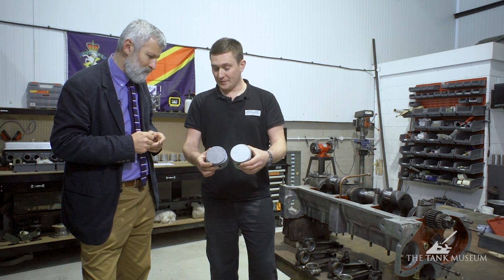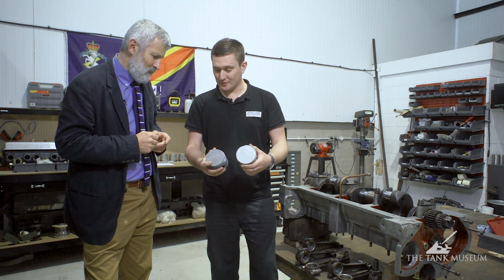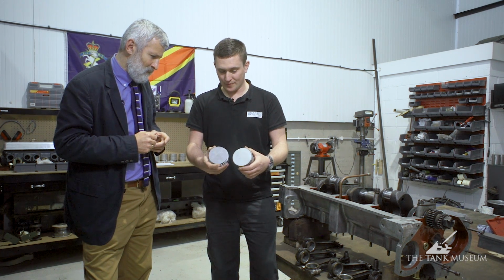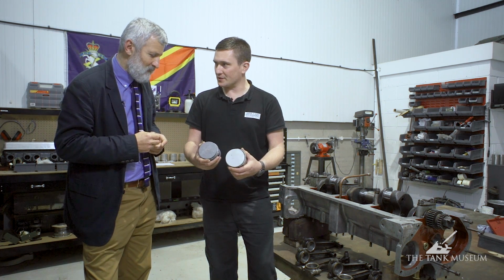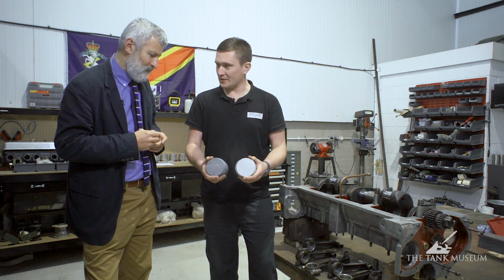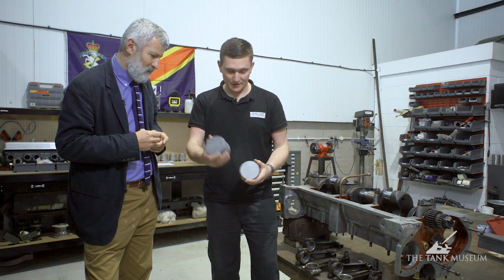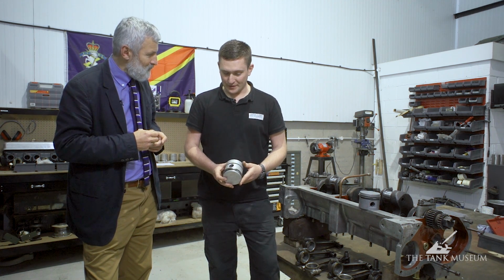Yeah, that would be a good idea. But after you'd machine the top off, the actual thickness of the crown would be thinner than the original piston. And it won't stand up to the combustion and the heat and the forces that are going on there. So we have had to rule that out. So unfortunately, this piston is now back on the shelf, and we've gone back with the original piston,